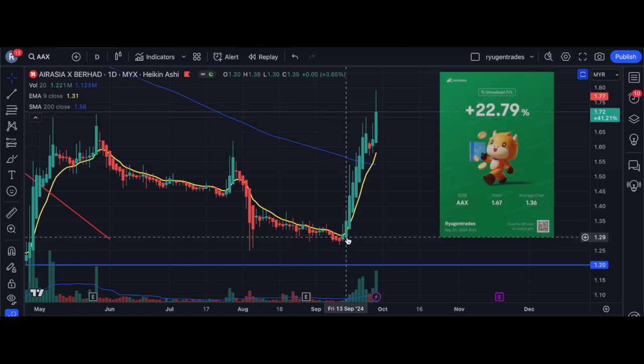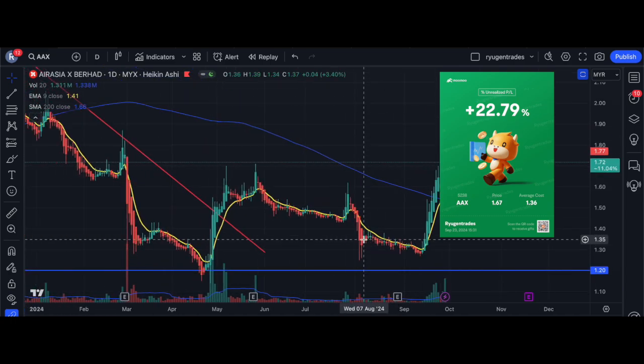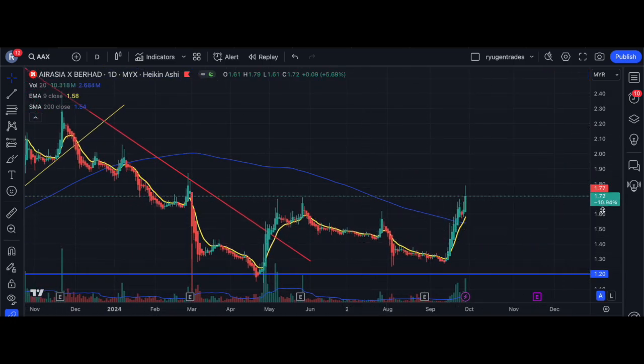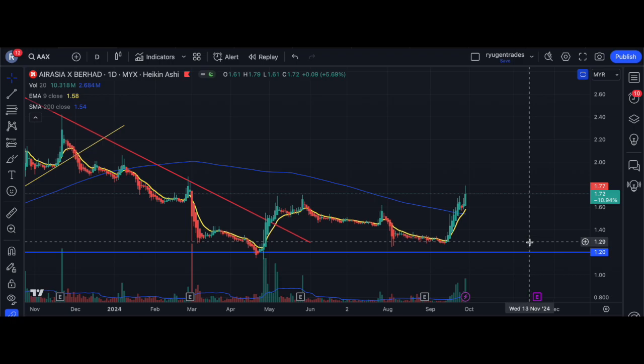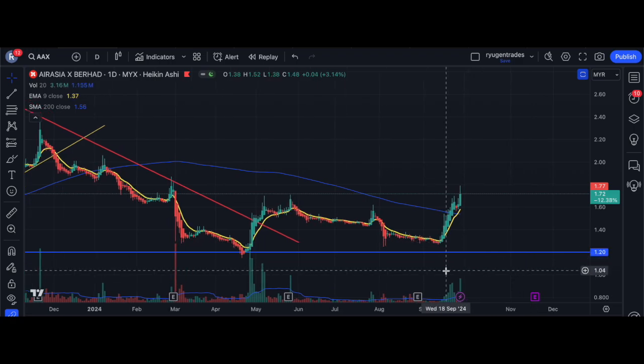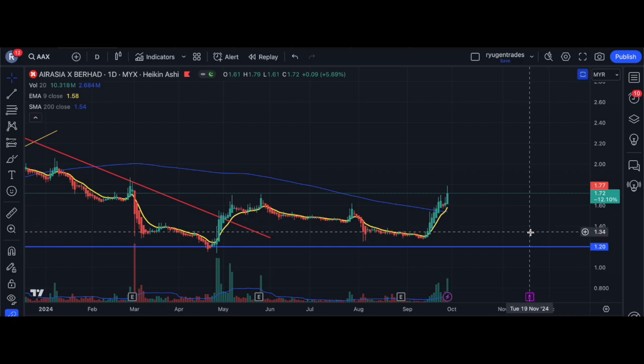So moving along, we look at the Air X listed on Bursa. This trade I took with a profit of over 20%. And if you look at the daily chart, actually it's not the most exciting chart for many months. It's been on a constant downtrend until recently. You will notice it has bottomed out around 120,